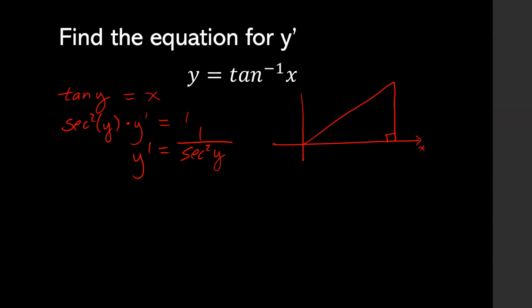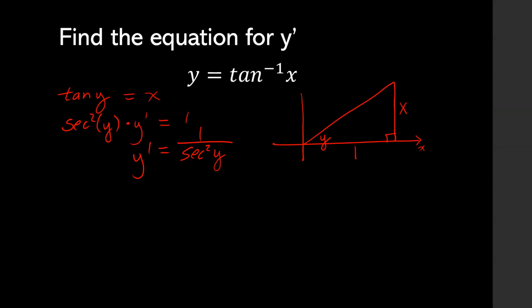And what is the angle? The angle is called y. And if you took tangent of y, you would get x. So the opposite side divided by the adjacent side to the angle y would be x, so x over 1 fits the bill. Oh no, we have to do secant squared of y, and you folks probably like cosine rather